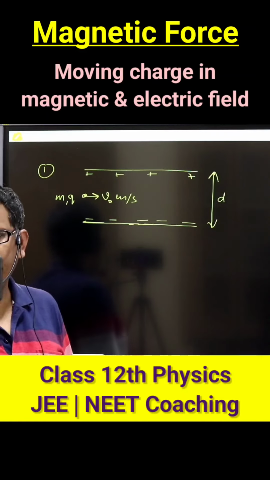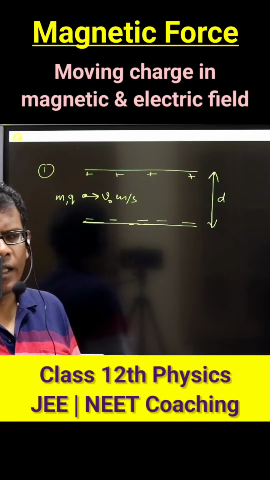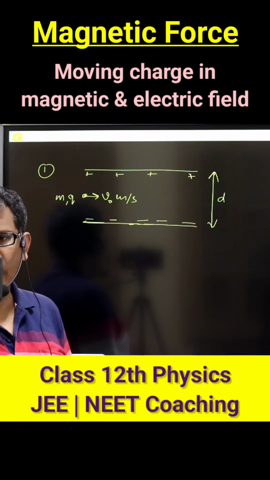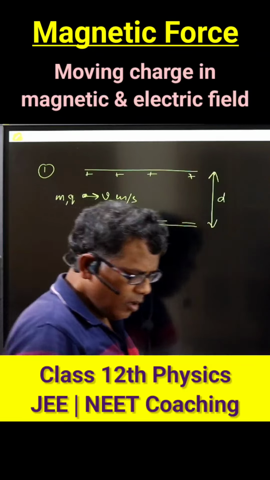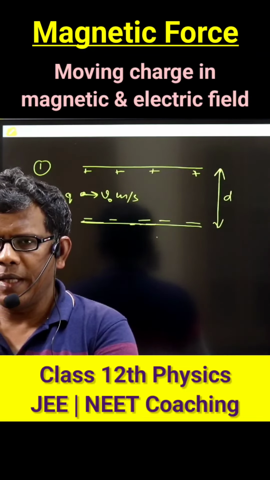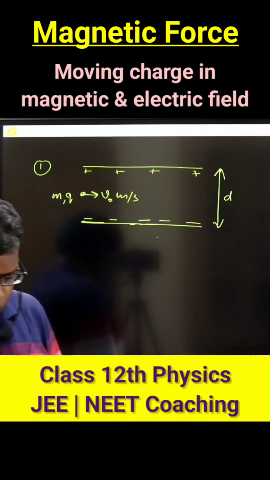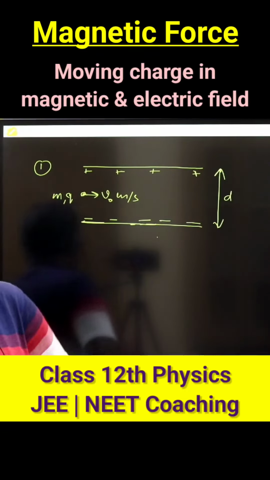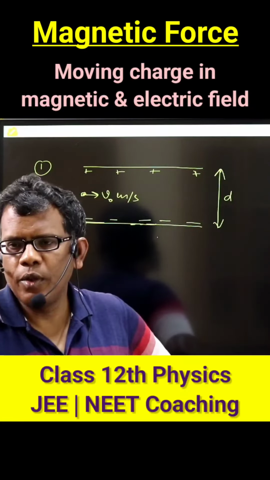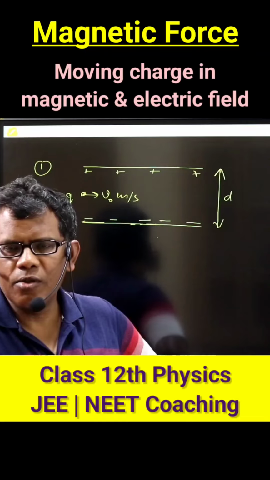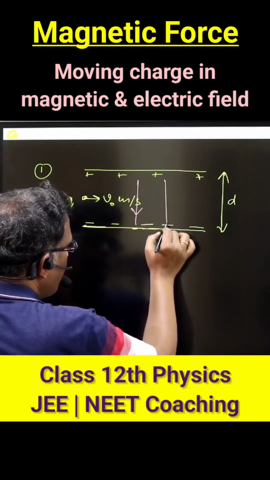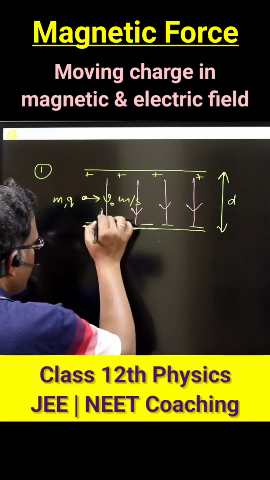What will be the value of magnetic field so that this charged particle can travel undeviatedly in this region? In between two parallel plates, when the plates hold charge, one positive, another one negative, that does mean the space between the two plates holds an electric field also. That electric field lines will be from the positively charged plate towards the negatively charged plate, isn't it?